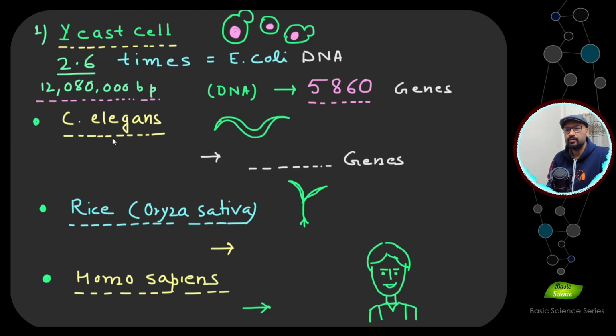And then moving on to the next one, which is C. elegans. So this is the C. elegans. I try to make this structure, worm-shaped structure. So I'm just trying to fill in the colors. Okay, look good, right? So this is the worm, and it can have multiple different types of stages, especially when we study C. elegans. Anyways, so how many base pairs are there? So total in case of C. elegans you have